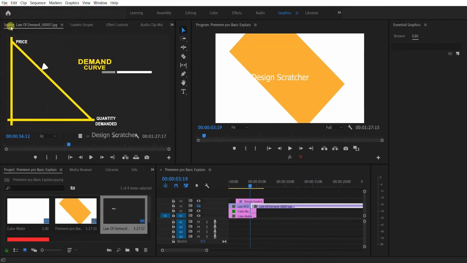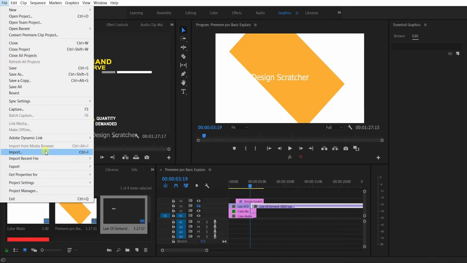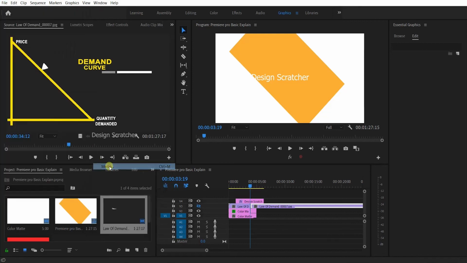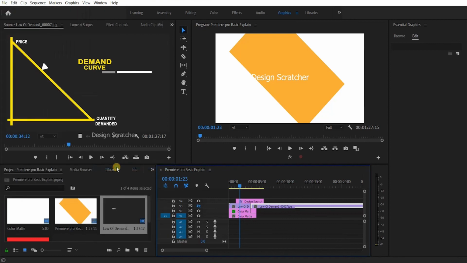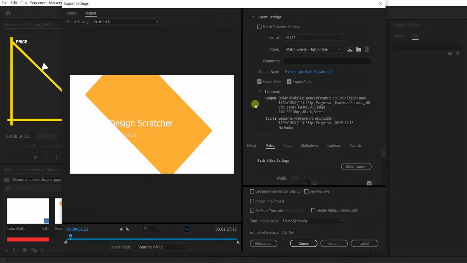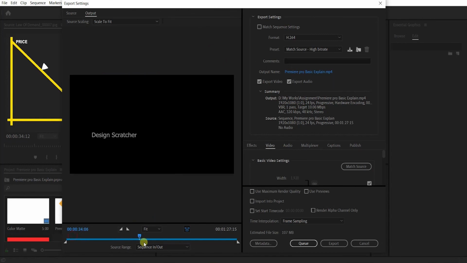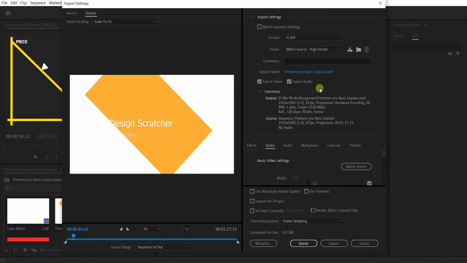And export means going for export, and media. Control M is the shortcut for media, and it will be revealed here. Export and media. This is for the export settings selection. Then playing, this is for drag to, you can check it. This is for perfect video, okay, then okay means you can change it here also.